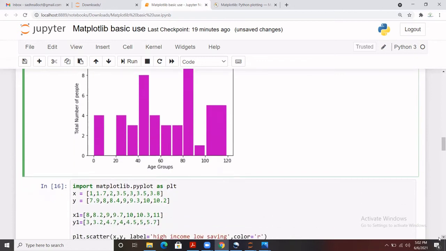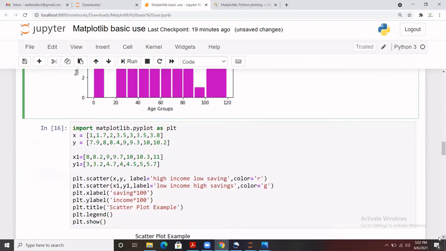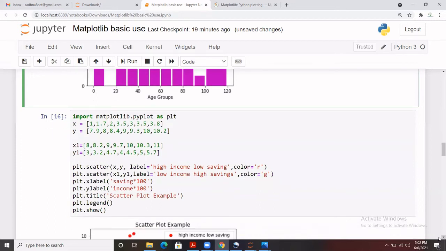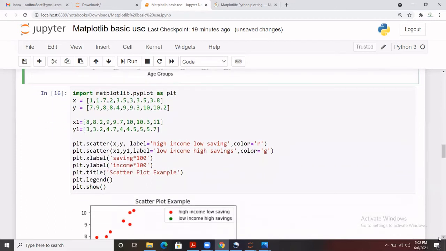This is one of the important diagrams, and we majorly use histograms in our real time data sets. Now let's move to another chart, which is a scatter plot. A scatter plot, we basically use just to find out the relation between the x and y axis, how they are scattered, whether they are linear or non-linear, and how they are connected to each other.